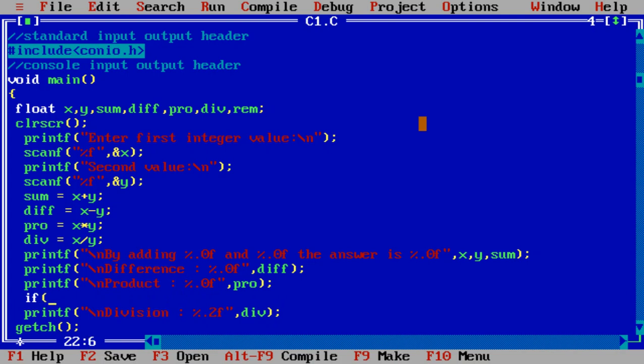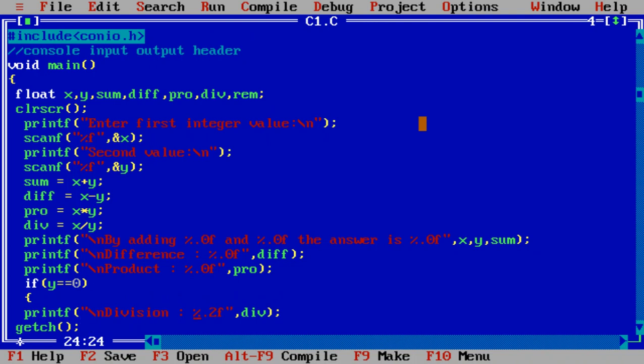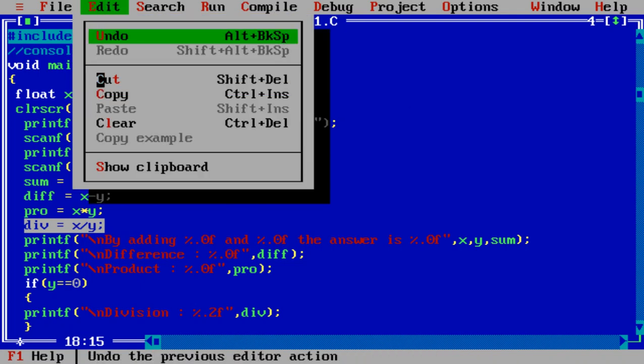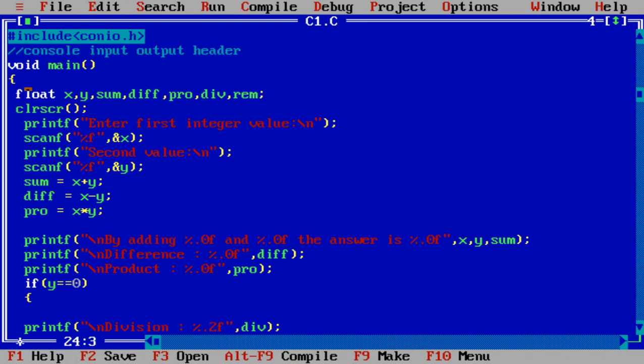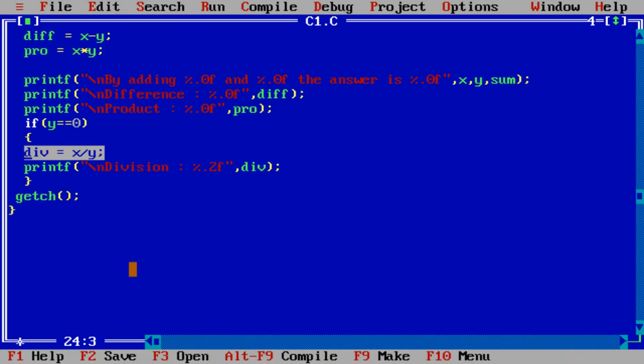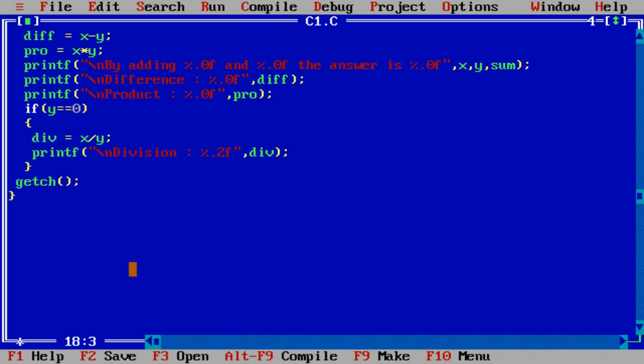If y is equal to 0, suppose the second value is equal to 0, then you can cut the content from here, edit, cut, and you can paste here, edit, paste. Second value is equal to 0. Second value is not equal to 0. You can write not equal to, else you can write here